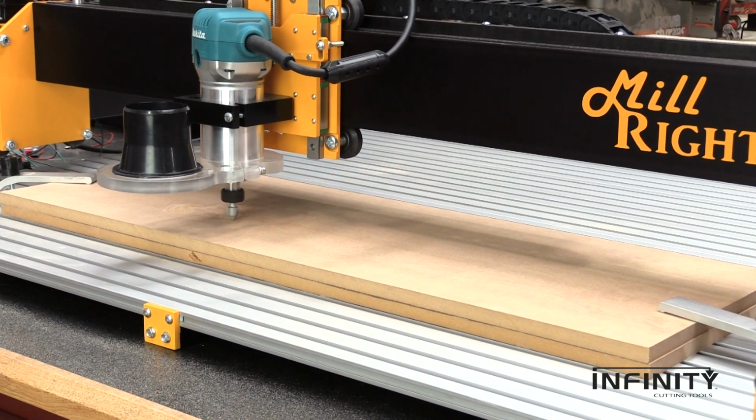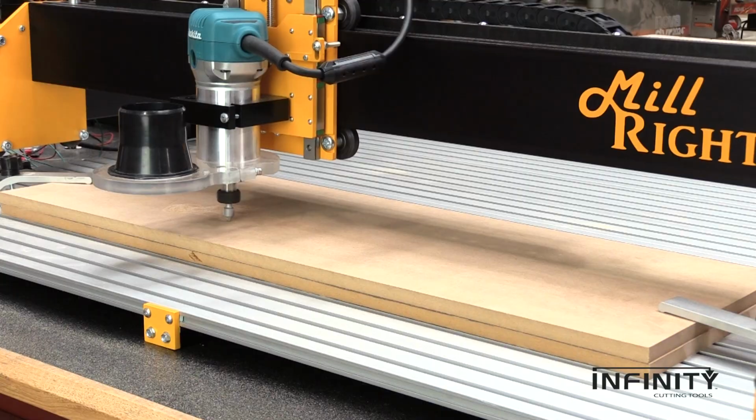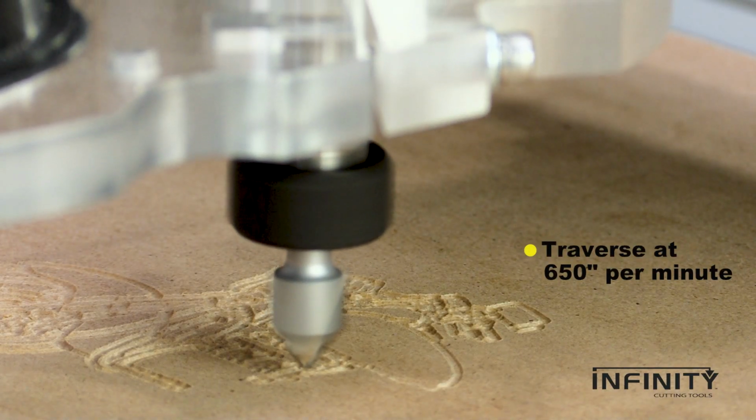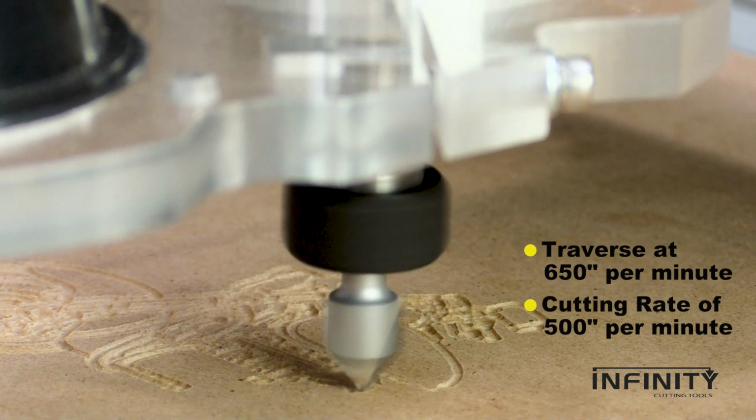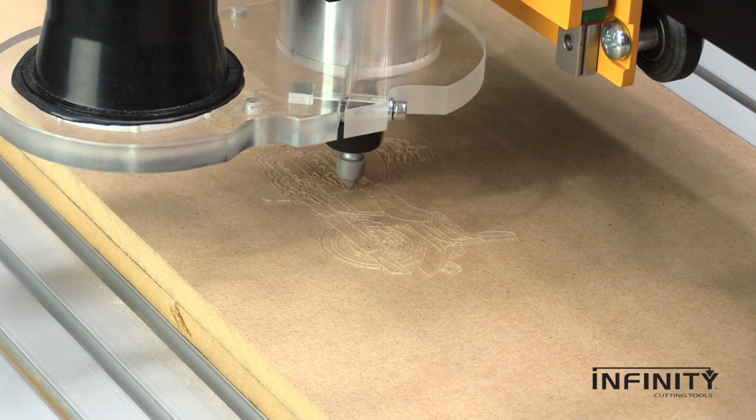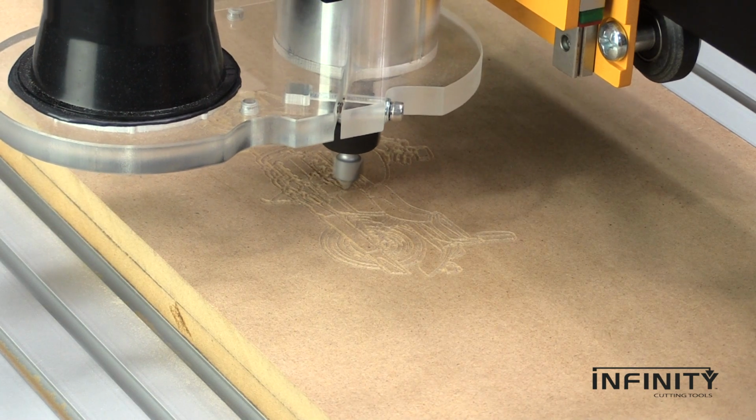All this provides a stable platform that means the machine can handle speed. The Mega V is able to traverse at 650 inches per minute and has a maximum cutting rate of 500 inches per minute. This means the Mega V can cut more than twice as fast as some other machines can